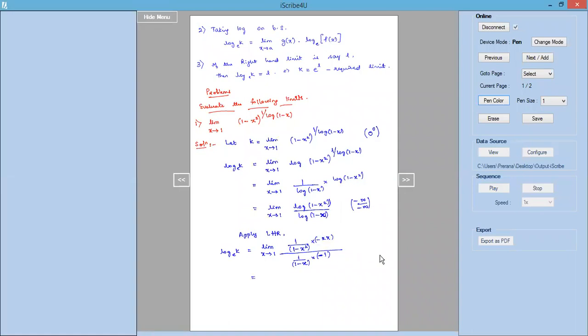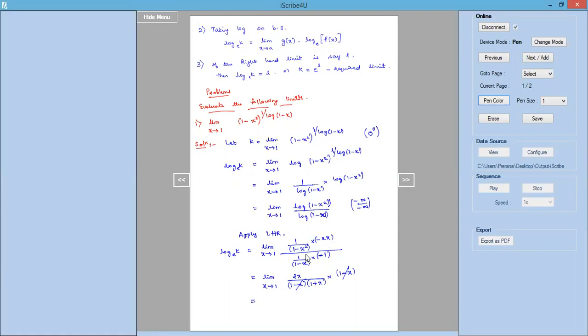So I just rewrite this expression in the form limit as x tends to 1, 2x divided by 1 minus x square, which can be put in the form 1 minus x into 1 plus x. Now the denominator of the denominator goes to the numerator, so 1 minus x can be written in the numerator. So this 1 minus x gets cancelled. So we have to apply the limit for 2 into x divided by 1 plus x. I have cancelled this minus and minus both in the numerator and denominator, which becomes plus.